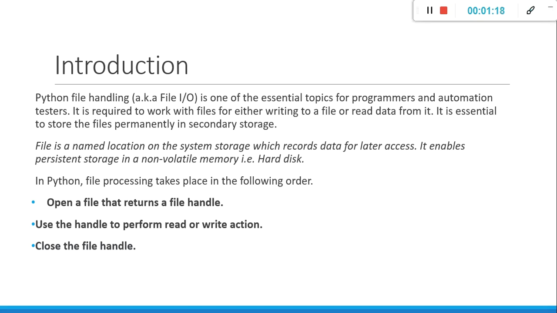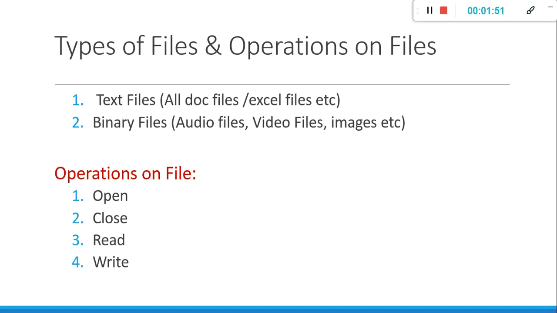Whenever we are dealing with file processing operations, there are three important steps. First, before doing any operations on the file, we need to open the file and create a reference object to the file that we have opened. Second, you can perform a read, write or append operation. And before leaving the execution, the mandatory thing is you need to close the file.